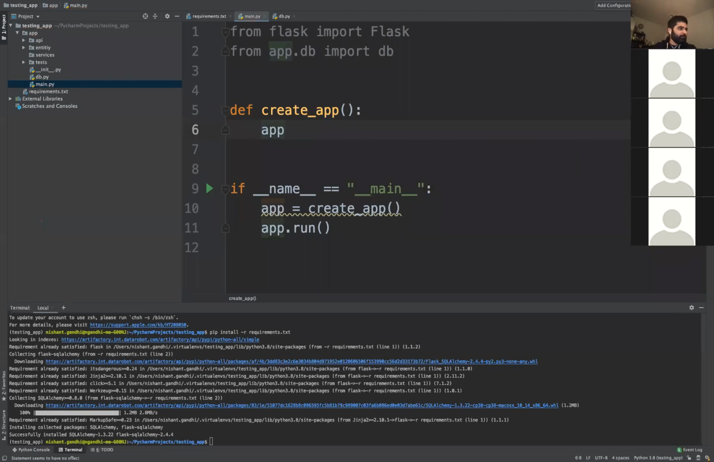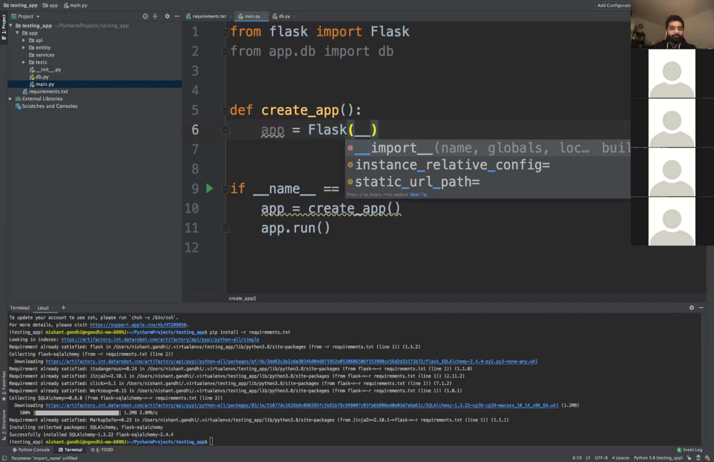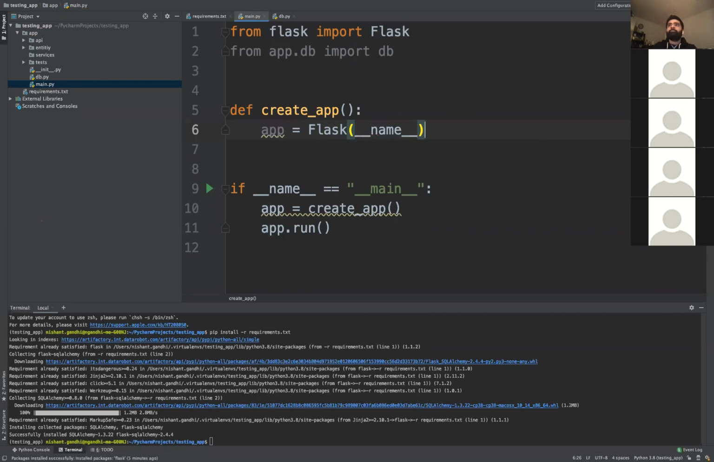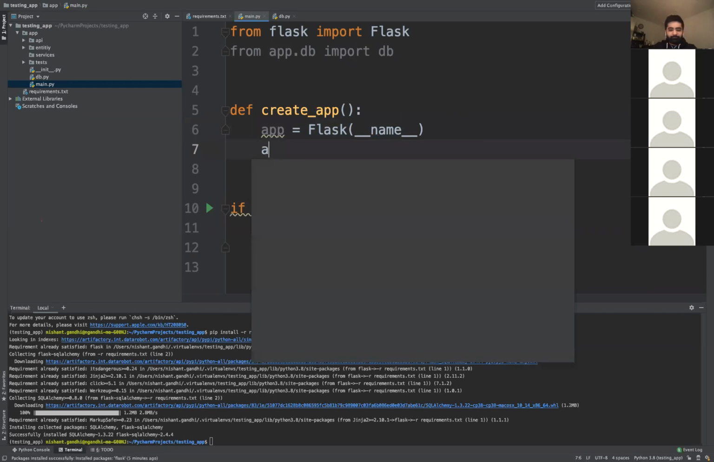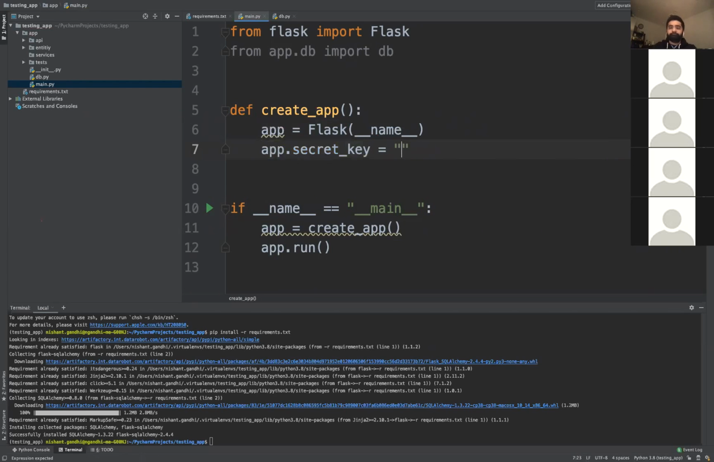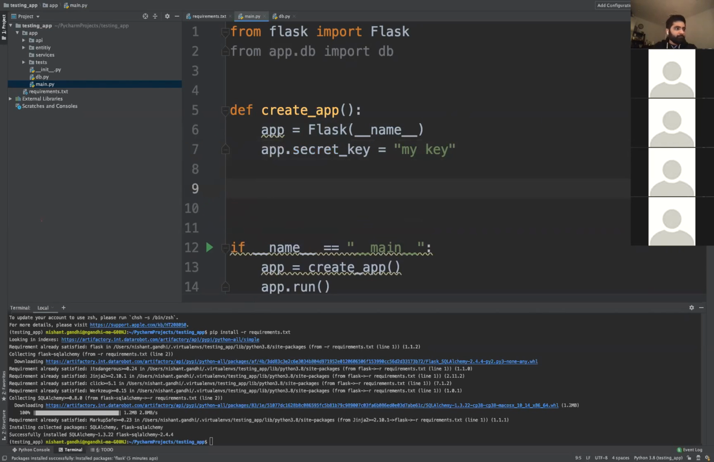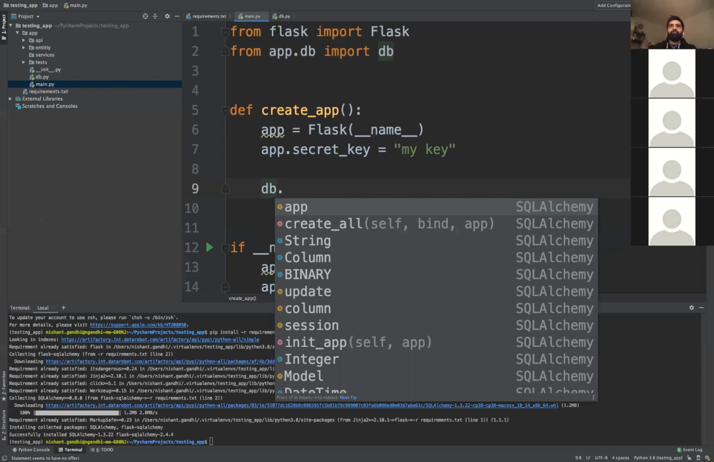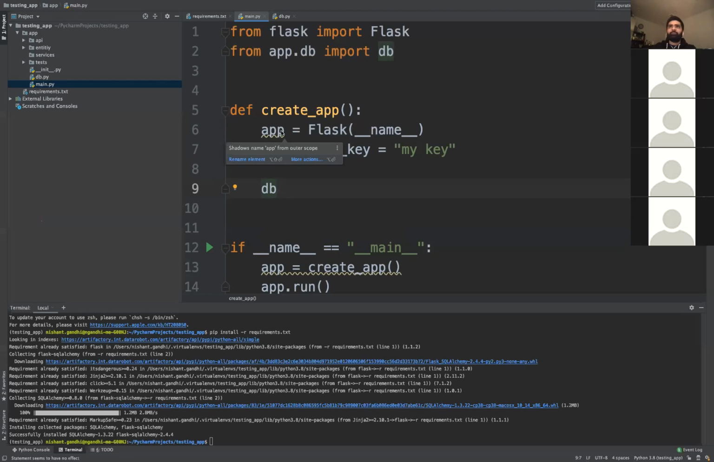So now let's get back to Flask and just give the name. This is just because creating an app.secret_key equal to my key. It doesn't matter. Now, okay, let's just finish the other thing and then I'll come back. So now that we have created this, this is the minimum thing that you require to create a Flask app. You want to create an instance of app with Flask